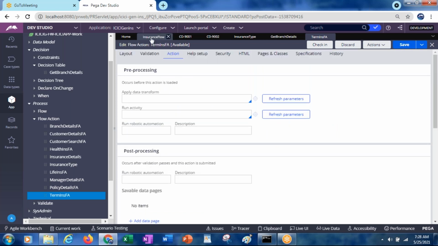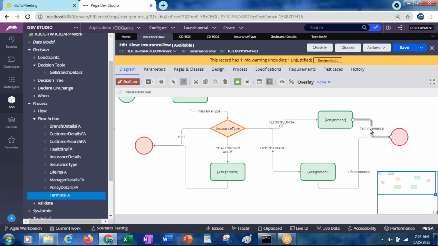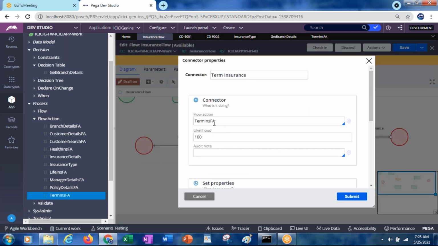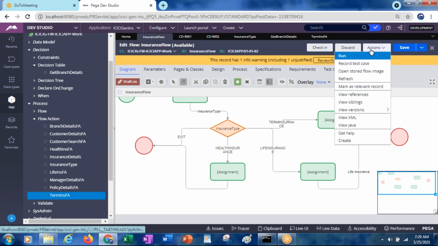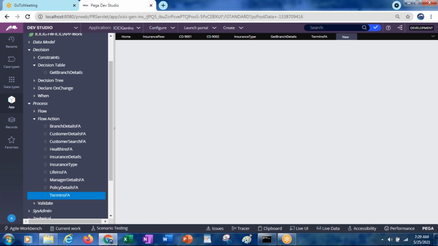Now go to the flow. For term insurance FA, press the down arrow. Term insurance FA, actions, run.